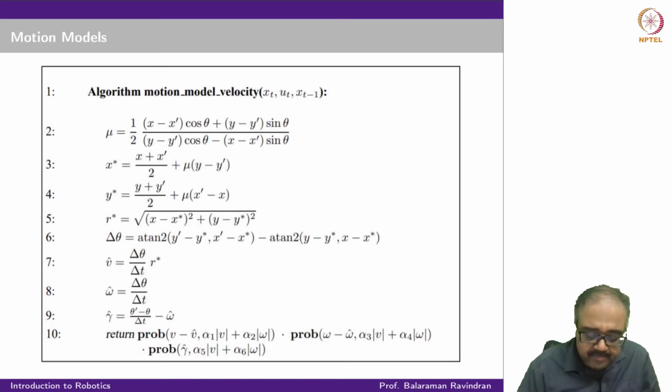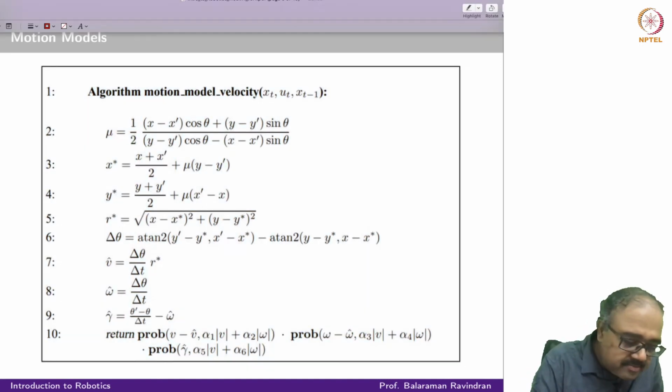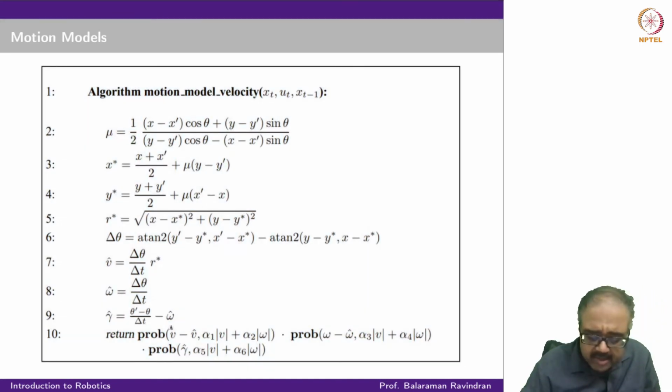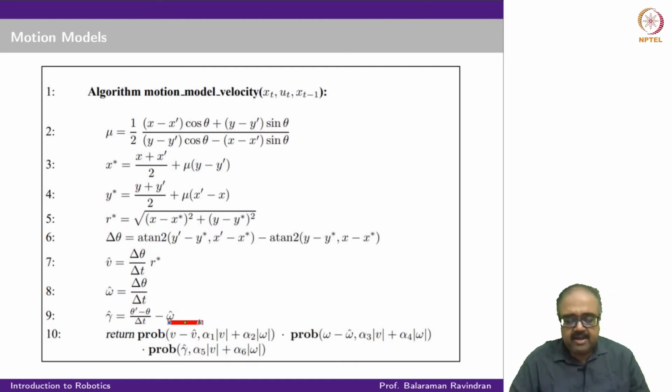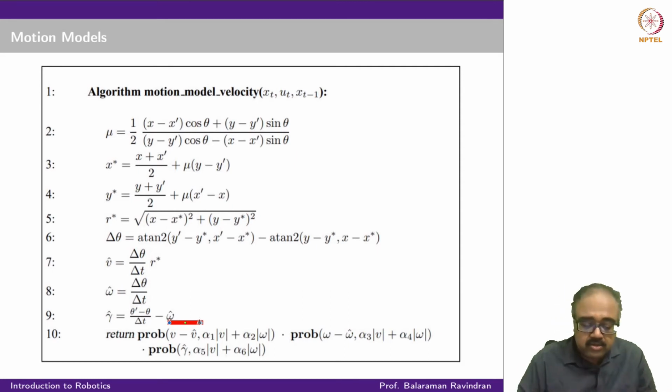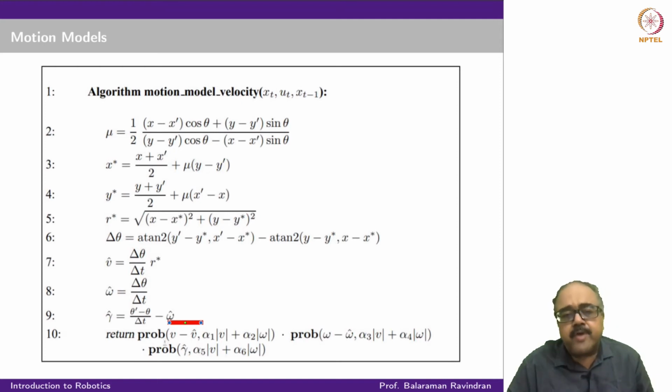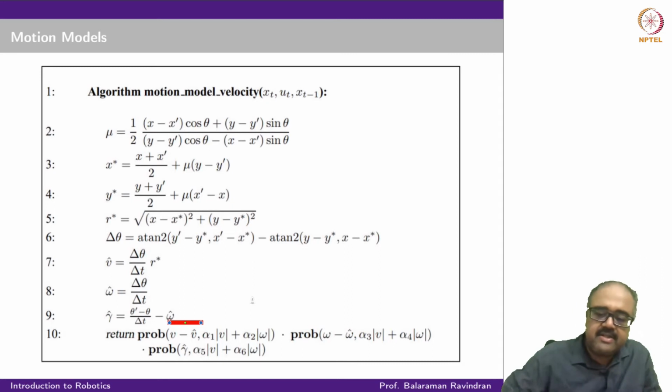So I'm going to look at the term v minus v hat, and I'm going to define a probability distribution for v minus v hat. Remember, what would I like it to be? Ideally, I would like it to be 0. So what this probability function models is some probability distribution that has a 0 mean, which is the most likely thing. So I like it to have 0 mean and some variance given by this term. We'll see in the next slide.